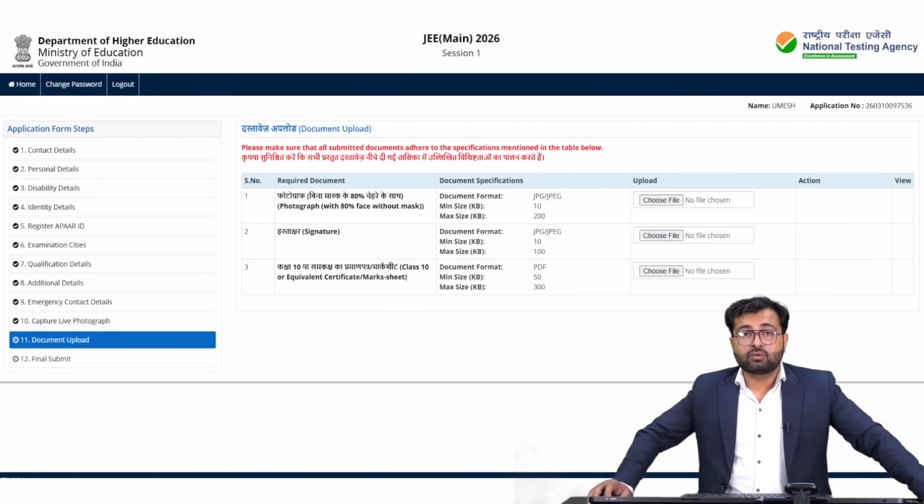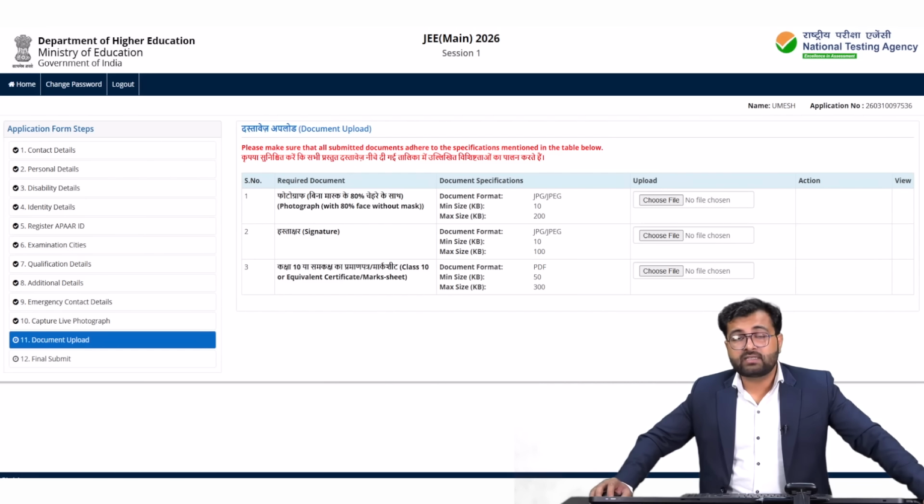After that, you have to upload your necessary documents here. Your photograph without a mask should be between 10 and 200 KB, in JPG or JPEG format. Your signature must also be in JPG or JPEG format, with a minimum size of 10 KB and a maximum of 100 KB.